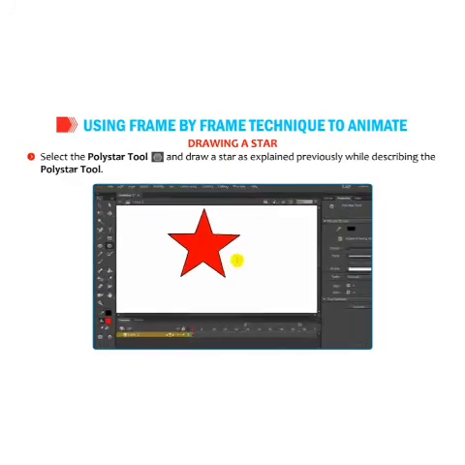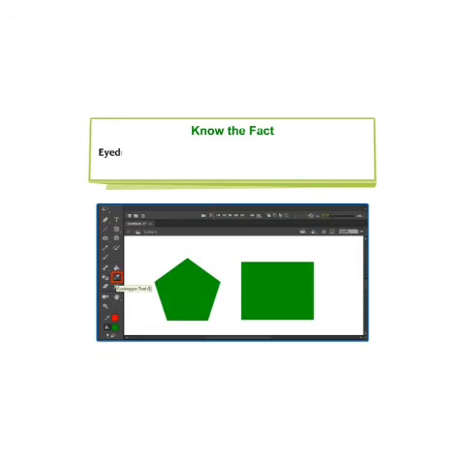So as you can see on the screen, this star appears. So know the fact is eyedropper tool is used to copy fill and stroke attributes from an object and use them on another object.